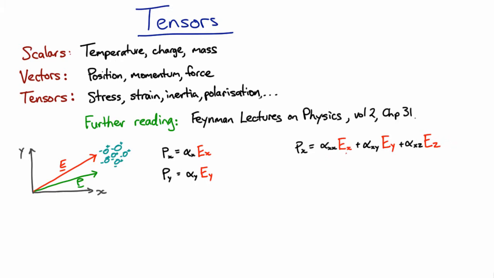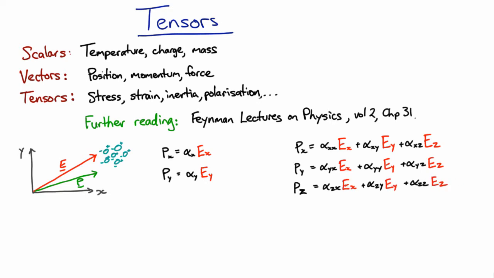And will indeed have a component due to the x, y, and z directions of the electric field. Similarly, the other two components of the polarization will depend on Ex, Ey, and Ez. And you can see that we have a completely general linear relationship between the polarization vector and the electric field vector. And probably a better way to write that would be in vector notation. So you'd have a polarization vector equal to some kind of matrix of alphas times the electric field